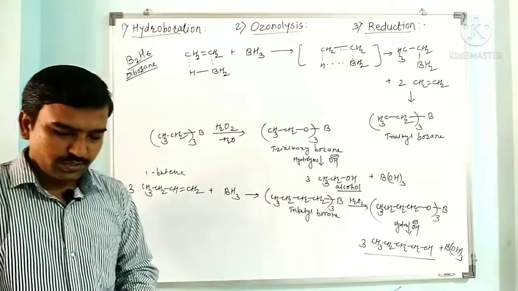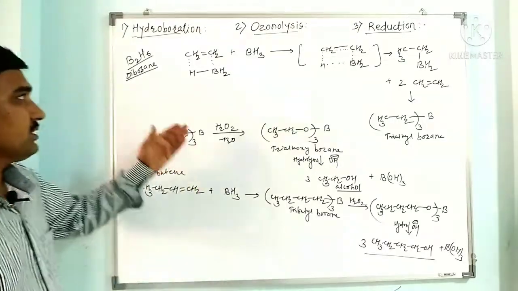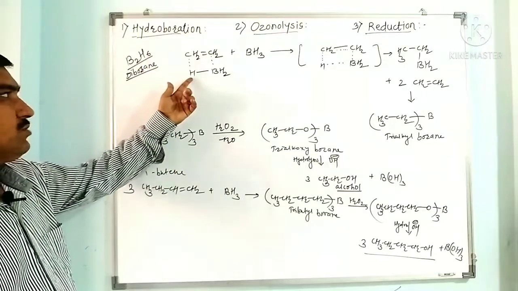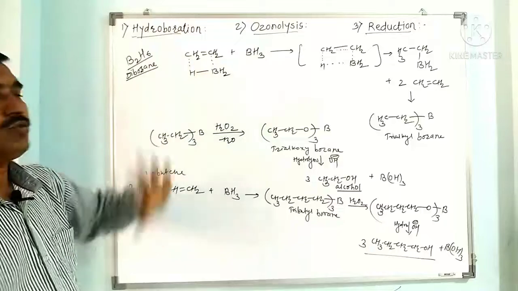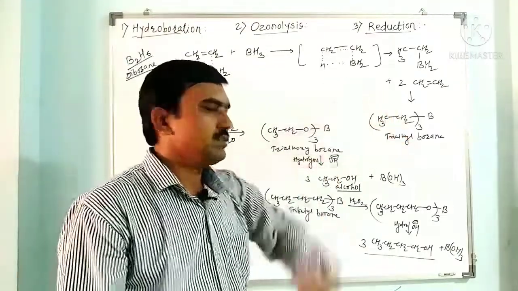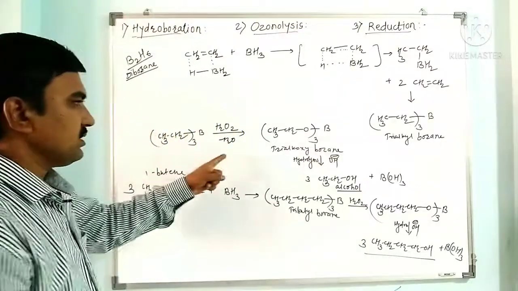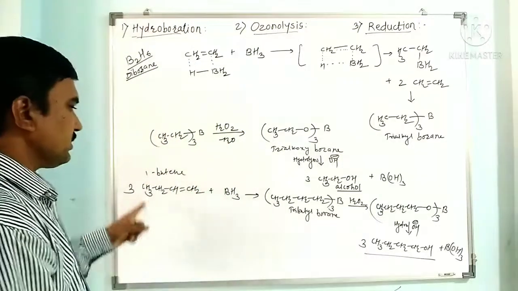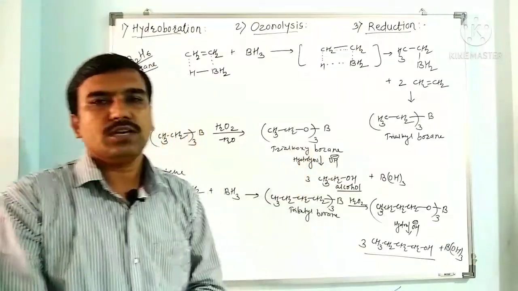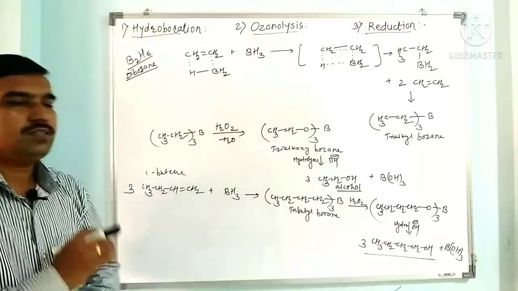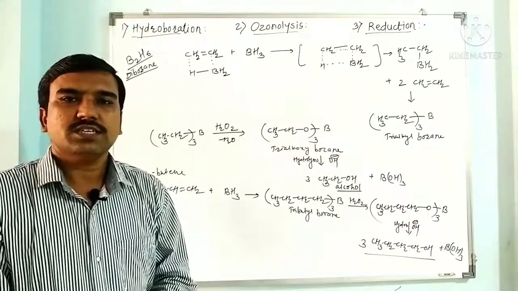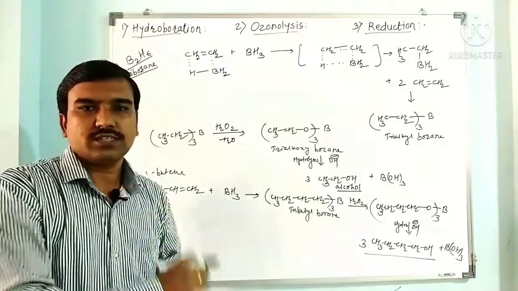So this is the simple hydration reaction. Overall there is addition of hydrogen and boron to both olefinic carbons, and finally 2 more moles react further. We get trialkylborane, which undergoes oxidation to give trialkoxyborane. Trialkoxyborane undergoes alkaline hydrolysis and gives alcohol as a product. So in this way, in the overall hydroboration reaction we get alcohols from alkenes.